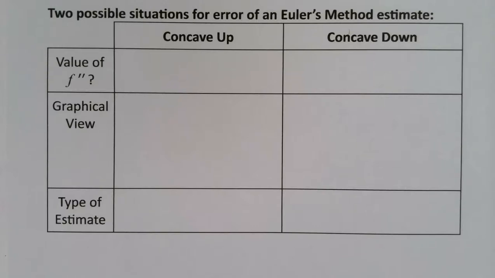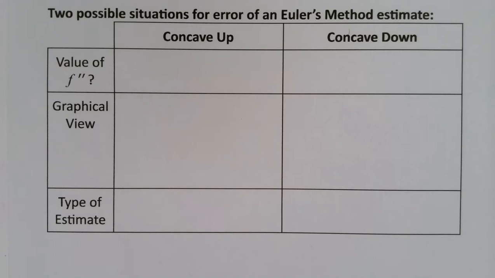Now that we've had a chance to figure out how to get Maple to do our dirty work for us in terms of Euler's method, we're going to go back and think about what the errors are telling us about Euler's method. And specifically, we're going to take a look at the concavity of the situation